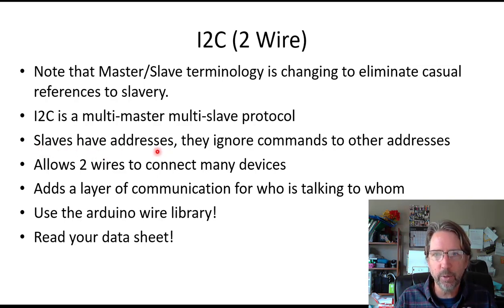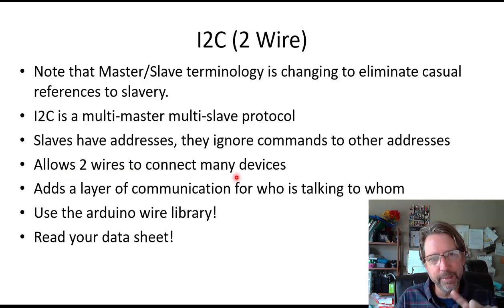You send out over the data. Before you send data, you send out the address of who you want to talk to, and that way everybody's listening. They read the address coming out first, and if it's not my address, I ignore it. So we don't have to have separate wires for the address. We send that on the data. So we're agreeing a little bit more ahead of time on how we're going to send the data, how we're going to pack it. So that lets us just use 2 wires to communicate to many devices,